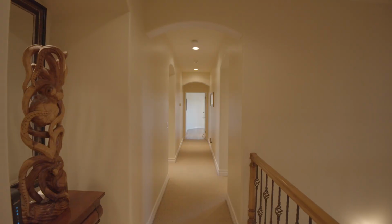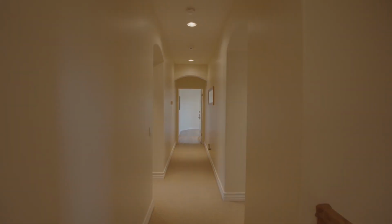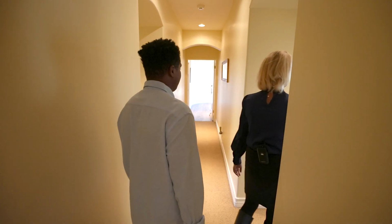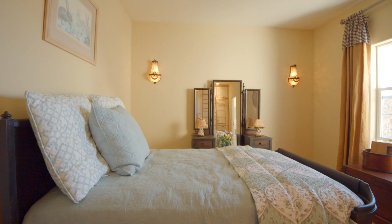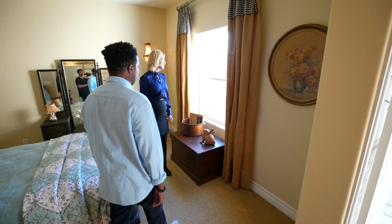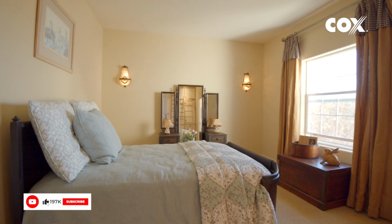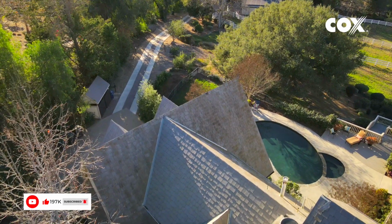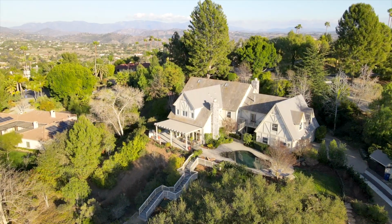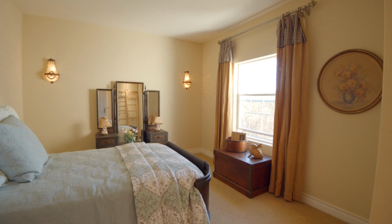Probably, I think so. But as we walk down the other wing of the house, you're going to see all the other guest rooms. And this is another guest room, which was done really nicely, and again, it has great views too. Wow. With the pool. As you say, great views, and you mentioned the pool. How spectacular is that pool? You'd lay in bed wondering, why am I not at the pool? But then you would just stay here in your bed and never want to get up, because this is paradise,